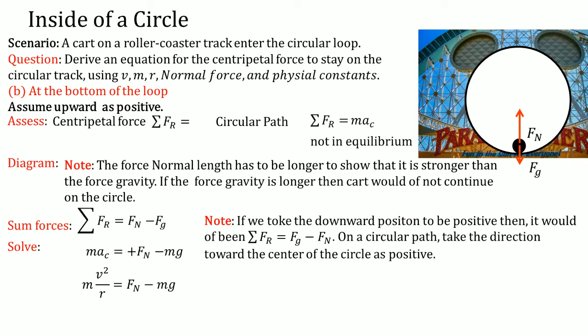Please notice, if we had taken the downward direction to be positive, then it would look something like this. On a circular path, if you take the direction towards the center of the circle to be positive, you can avoid this. Because if you solve for this problem, notice that this is going to be larger, so it's going to be a larger negative. So in the end, this value is also going to be negative, because the force normal is the largest value here. This just means that if it's negative, it's going to be pointing towards